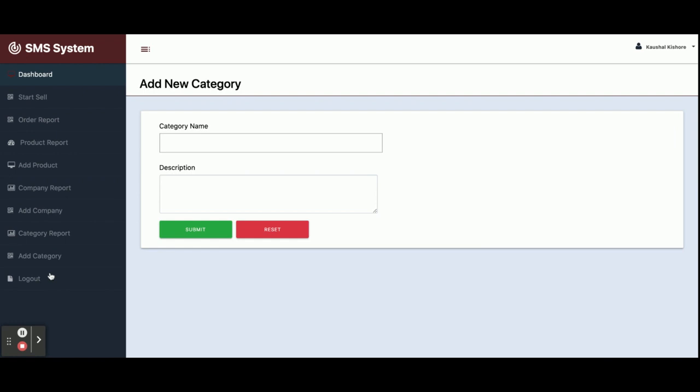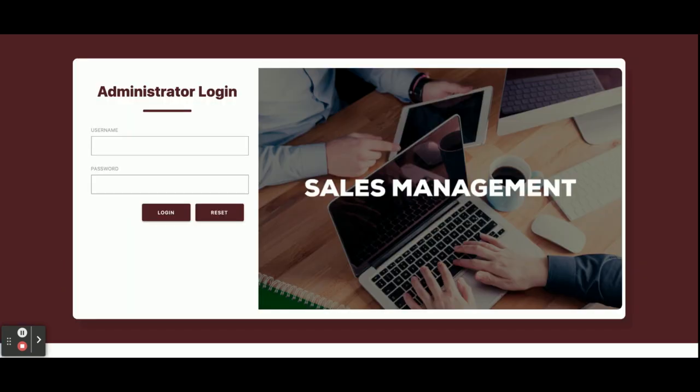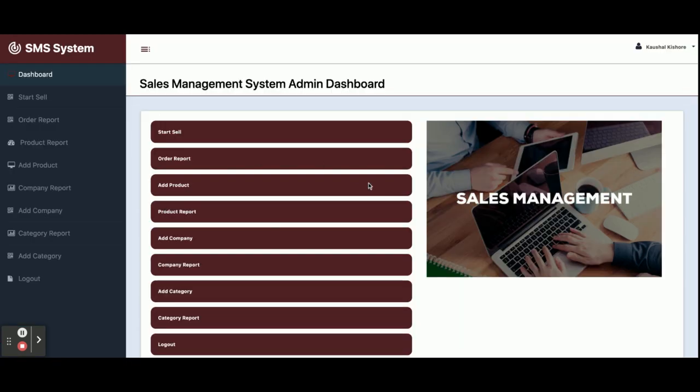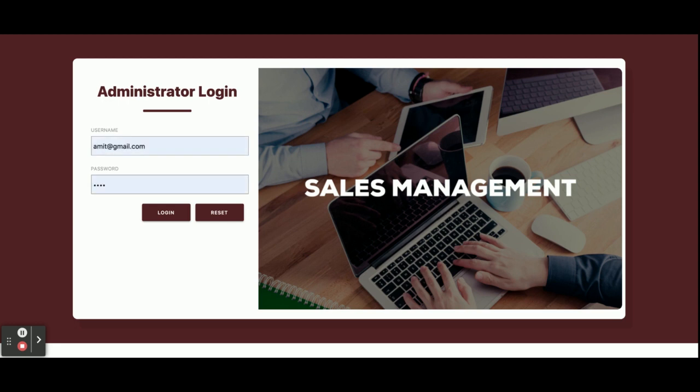Once you click on logout, all of the session will be destroyed and you will not be able to see any of the internal options, because all these options are displayed after the admin login. So on logout, you can see you have been redirected to the login page and you will not be able to access the internal admin pages. If you log in, then you can access those pages. So all these functionalities I have developed inside this project, the Sales Management System.